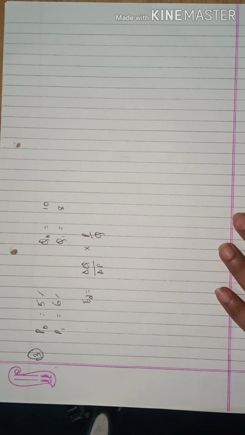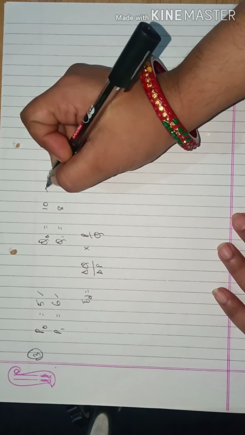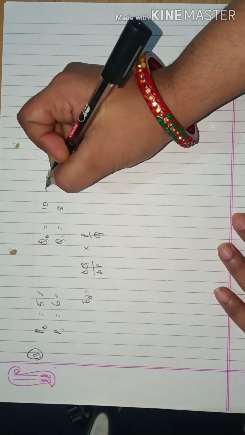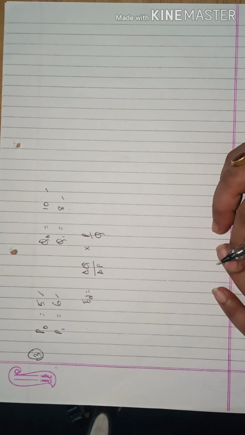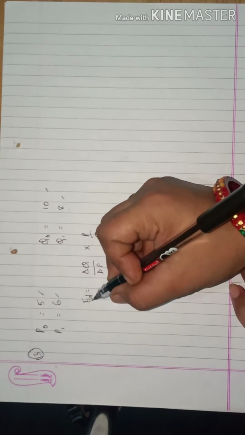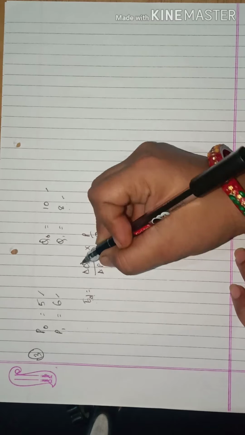Now what they said next is that my demand is 10. That means previously my demand was 10. Now it has fallen to 8. So the initial quantity was 10 and the current quantity is 8. Okay, now what formula will I apply over here? Again, I will calculate elasticity of demand with what formula?